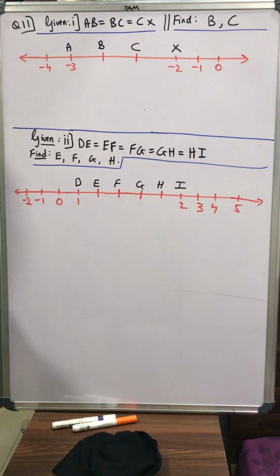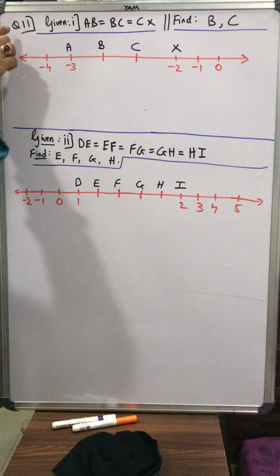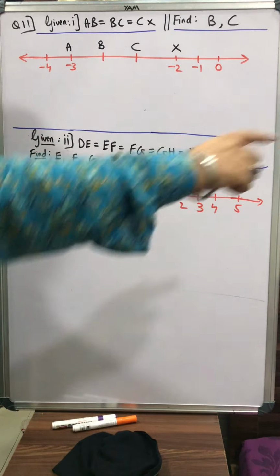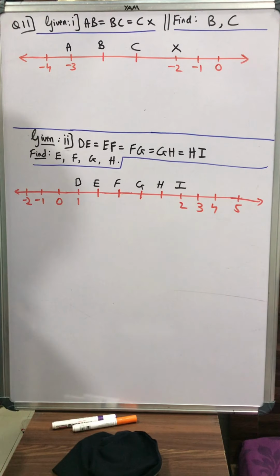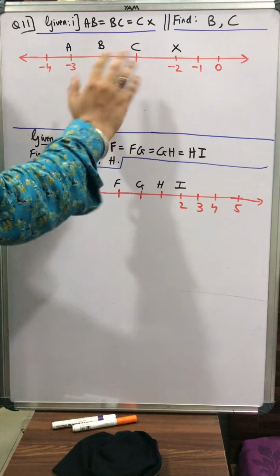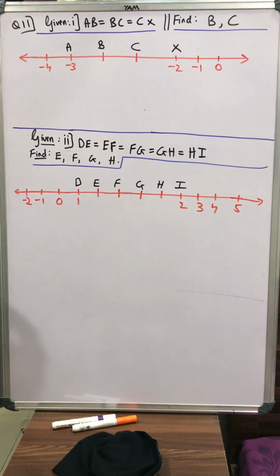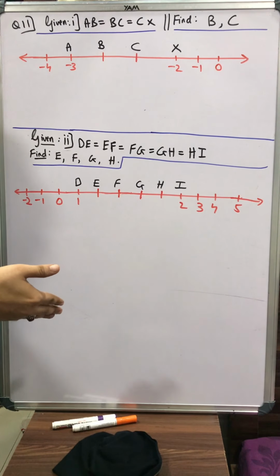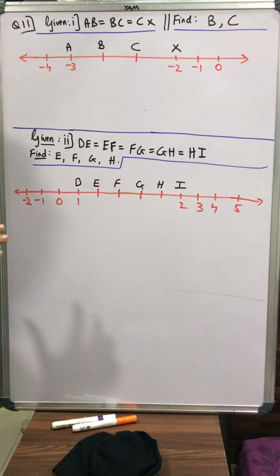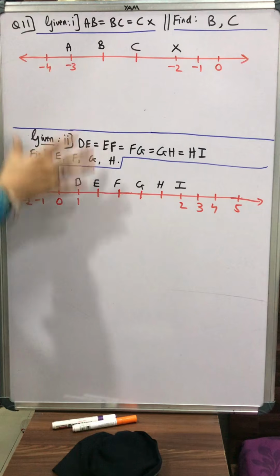Question number 11. The last question of your exercise. In the textbook, in this question number 11, one single number line is given. It's a big number line. Okay. So what I have done, on the right hand side we have this positive things, and on the left hand side we have this negative things. So I have just broken that number line because it was not possible for me to draw the entire number line. Okay, so I have copied the question.